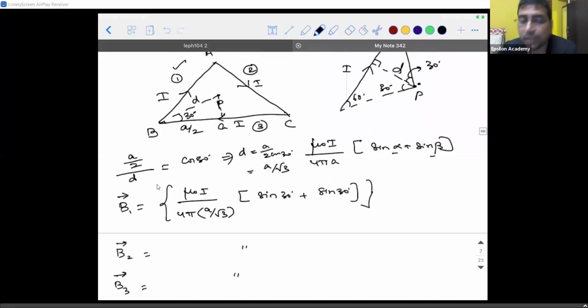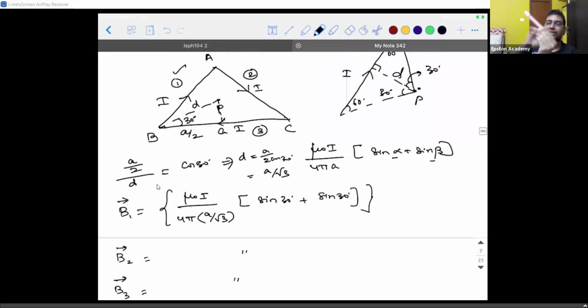Because, see, the current is in this direction, right? So when you place the thumb of your right hand in the direction of current and curl the fingers, the fingers on the right of it are going into the plane. Correct? So similar is the case with respect to this also. If I keep my thumb here, the fingers will go into the plane. Similarly, for the bottom, the current is in this direction, and into the plane. So the magnetic field due to all the three are into the plane, hence it is minus k cap.